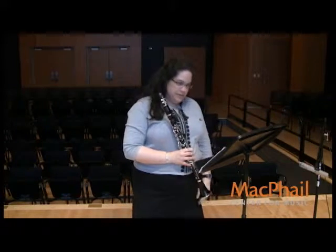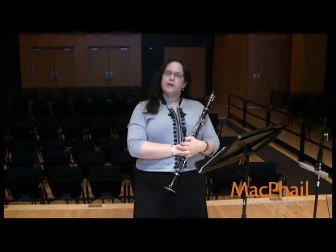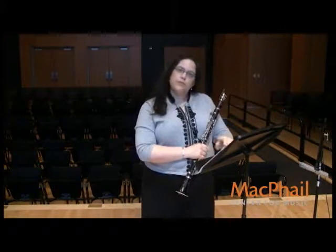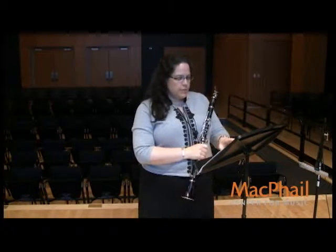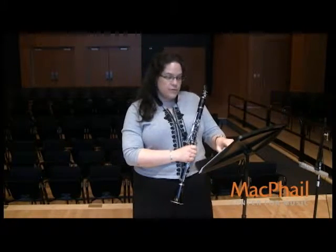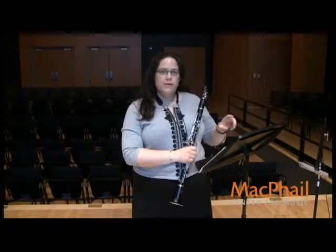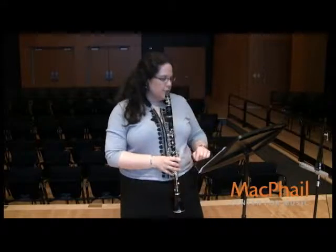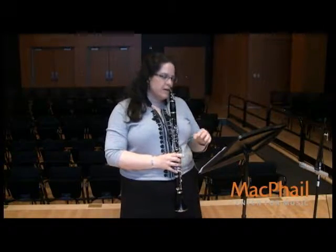Another spot that I think is very much a test of what you can do with the rhythm in this piece is from bars 11 through 15. Bars 11 through 15 start with quarter notes and then go to 8th notes. Quarter note triplets, back to 8th notes, then to dotted 8 sixteenths. In measure 15, your goal is to play dotted 8 sixteenths and not a lazy rhythm. You want to play